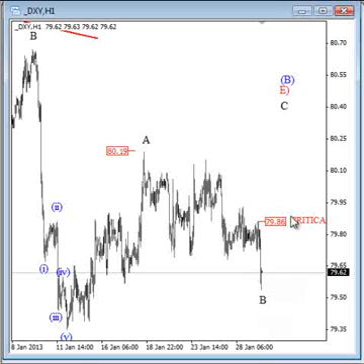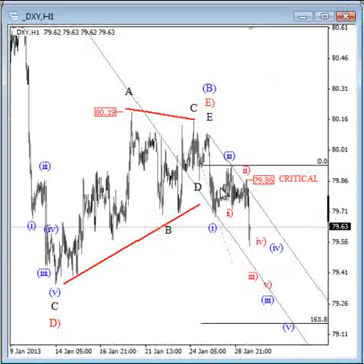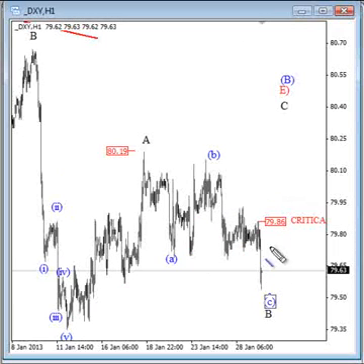Okay, so if we see a push higher, then I will probably look for even higher levels in wave C. If we see a push higher through this 79.86 level, then this wave count would of course be invalidated. In such case, I think that we will see another push higher in wave C before market will reverse to